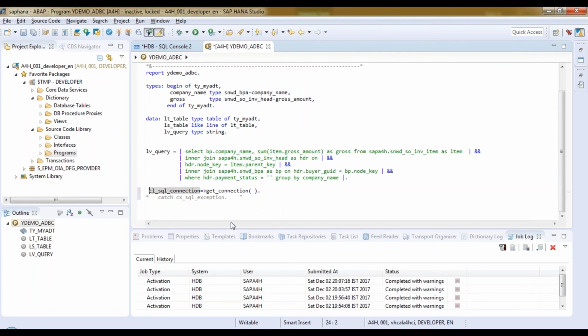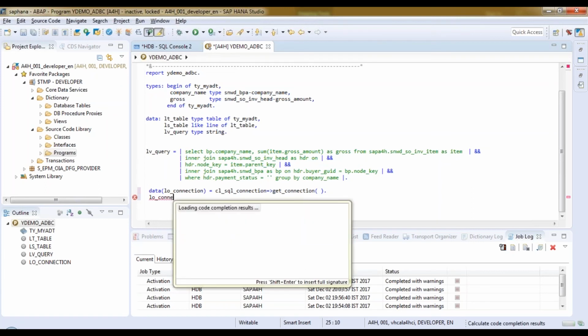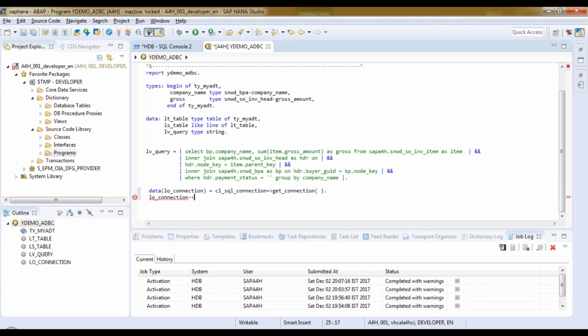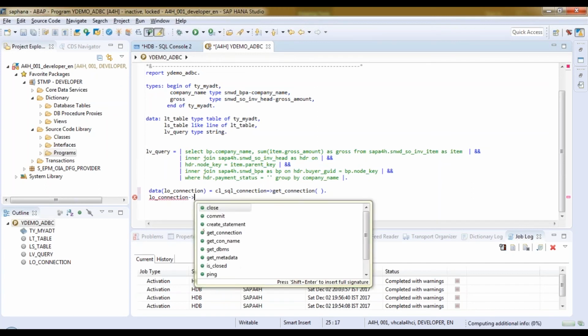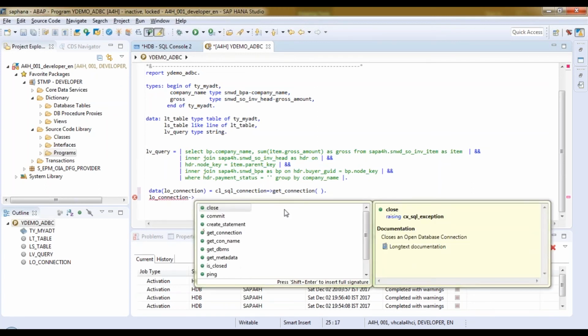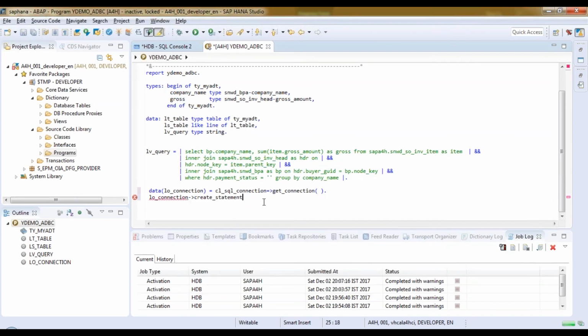Okay, then get this object in a variable. So you can declare an inline variable, hello connection object. This is the beauty of new syntax. You don't have to worry about declaring the type. And now you can use hello connection arrow, a method call. So now the next statement which you're going to call is create statement. This would create a statement object for you. Everything is an object here. Okay, this would create and give you a statement object,